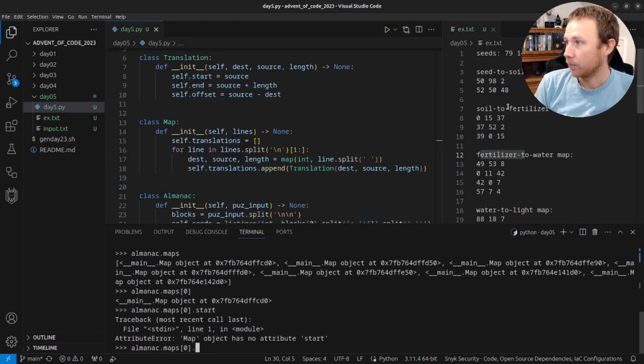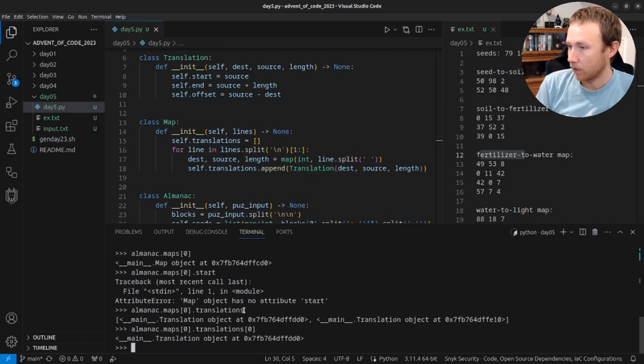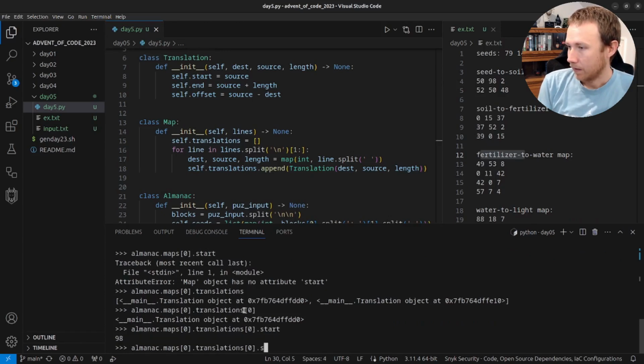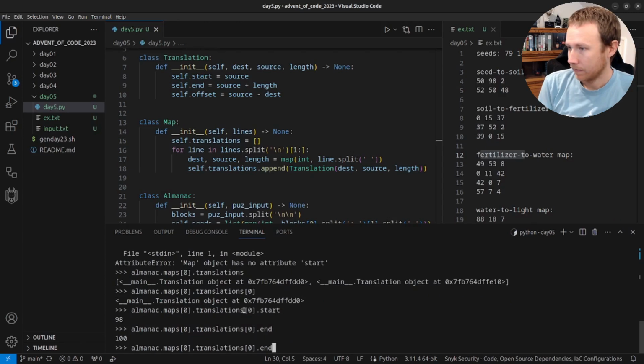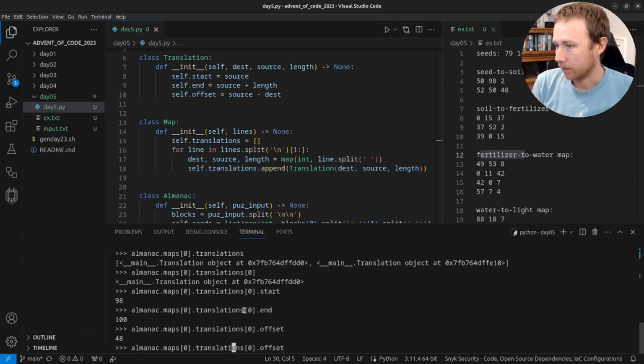First map. Oh, so the first map is the seed to soil map. That's going to have each map is going to have a set of translations. Okay, we got that. The first one of those will have a start of 98, hopefully, an end of 100, an offset of, let's see, it should be like -48. Yeah, okay. Sweet. If we look at the next map, or the next translation,